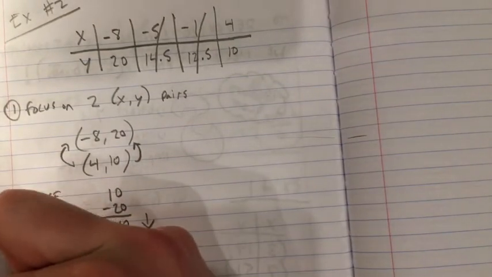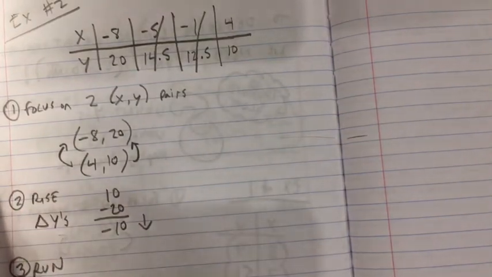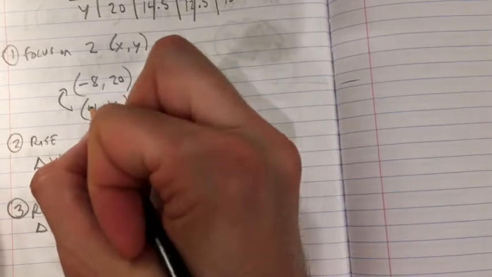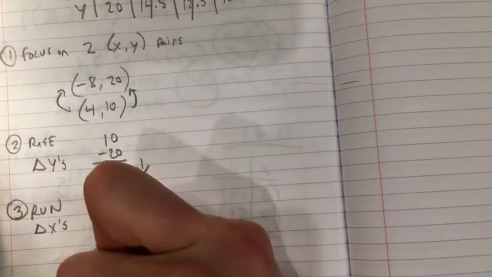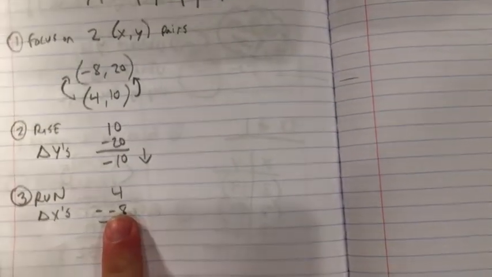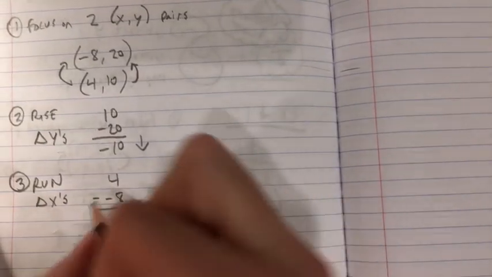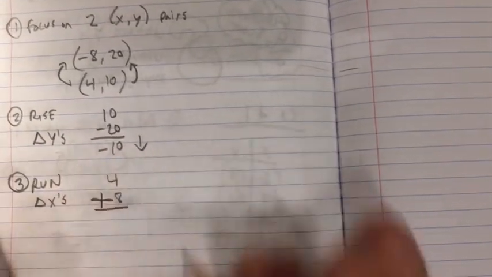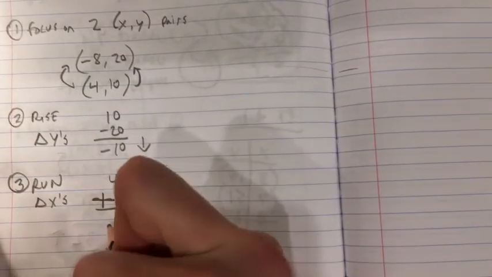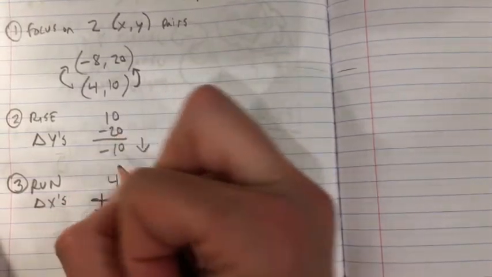My run values, right, it's just my change in x's, right? Triangle means change. And I'm going to do 4 minus -8. Now this is going to look ugly, right? Don't freak out. We have a calculator, so we could just take 4 minus -8 in the calculator. Or you might remember that taking away a negative is the same thing as adding a positive. So 4 take away -8 is a positive 12. So I have a rise of -10, a run of 12, and then the last step,